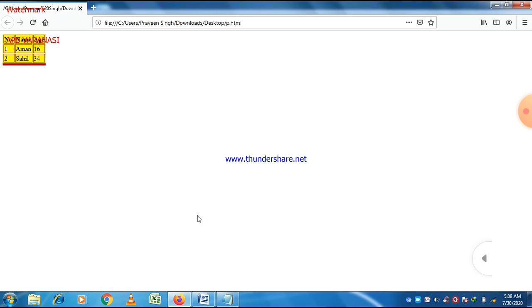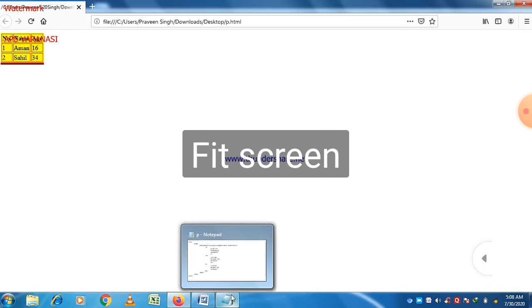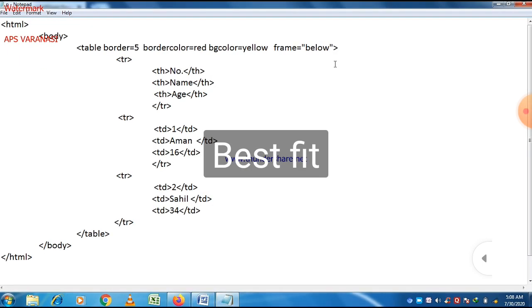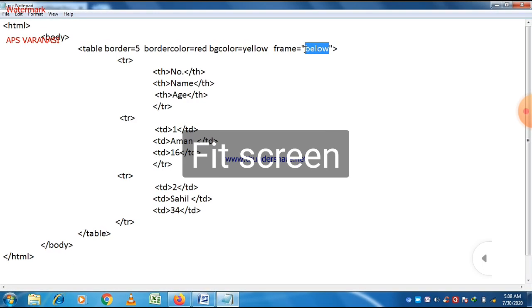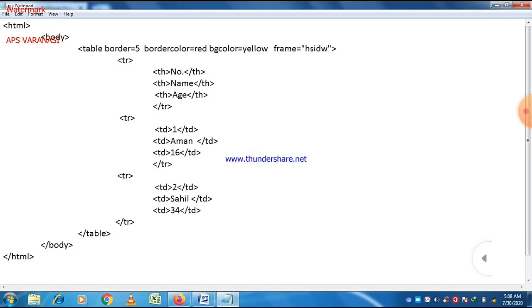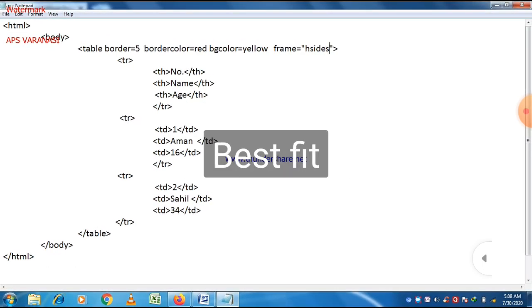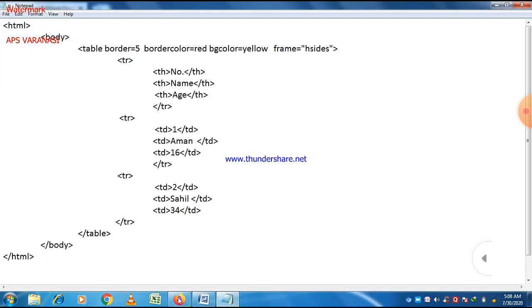Okay, so now we take four values: LHS for left hand side, RHS for right hand side, above for above, and below for below. Now if I write hsides, let us see what happens.